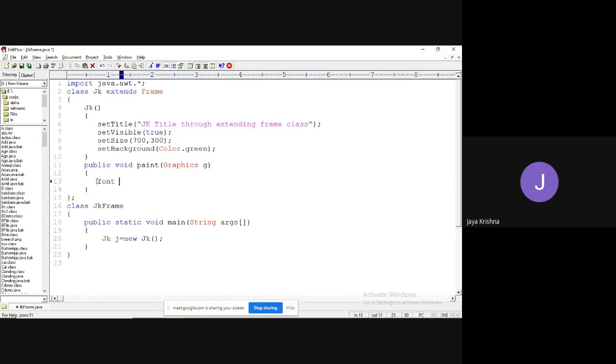So for example, I would like to set some font: f equal to new Font of Arial, Font dot BOLD, whose size is something like 35.